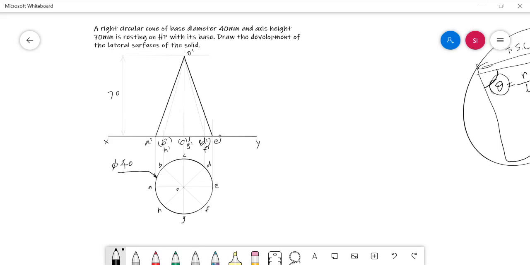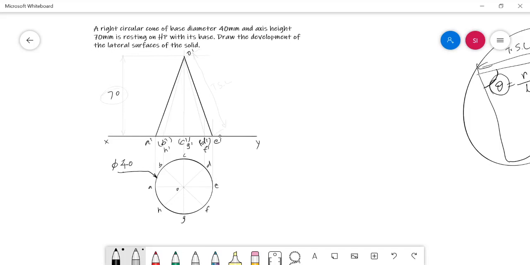We can directly measure the extreme generator length as the true slant length of the generator in any cone problem. In the case of the pyramid problem only, we needed to do some additional work to find the true slant length of the edge. But here, the extreme generator length of the cone is always the true slant length, and it is always greater than the axis height. In this application, I am not able to measure the length of the slant edge.